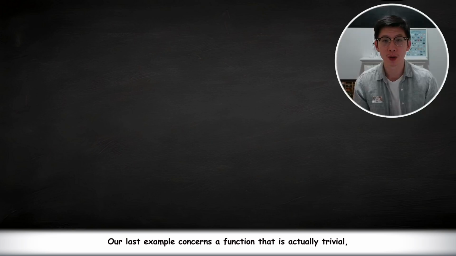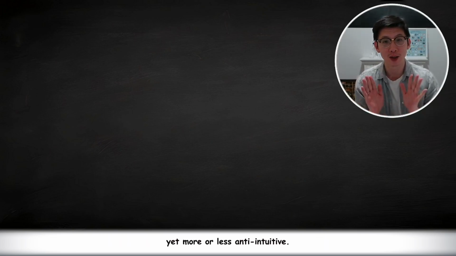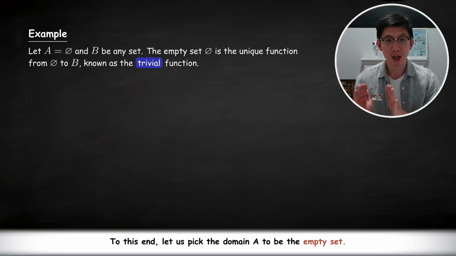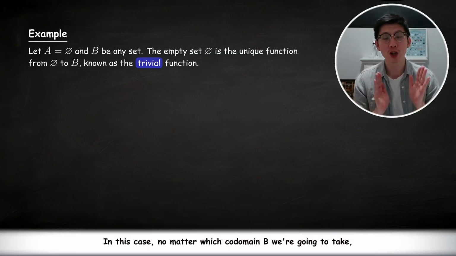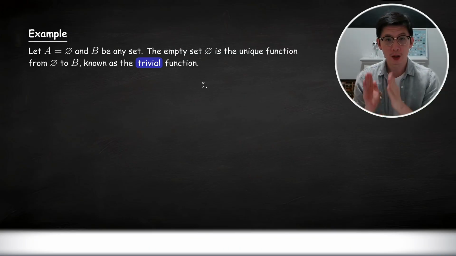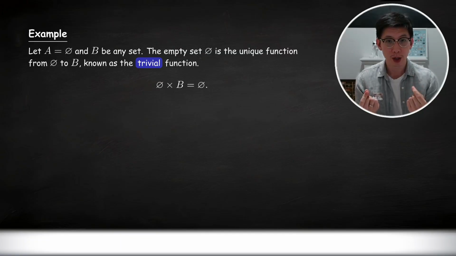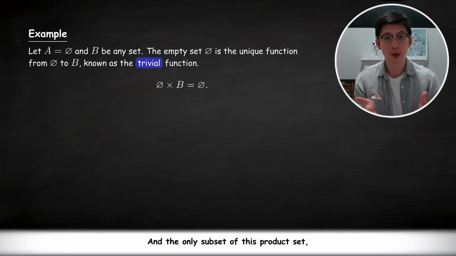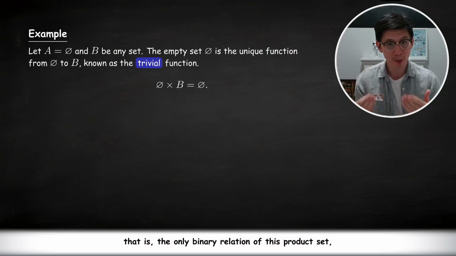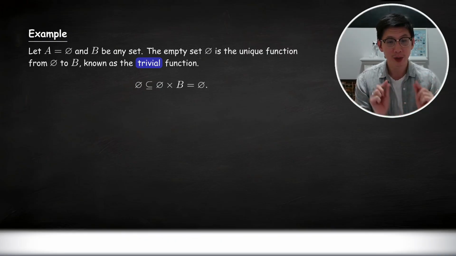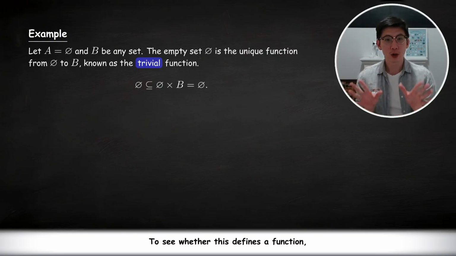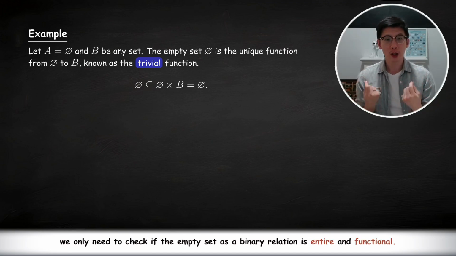Our last example concerns a function that is actually trivial, yet more or less counterintuitive. To this end, let us pick the domain A to be the empty set. In this case, no matter which codomain B we're going to take, the product set empty set cross B will always be the empty set itself. And the only subset of this product set, that is, the only binary relation of this product set, is the empty set as well. To see whether this defines a function, we only need to check if the empty set as a binary relation